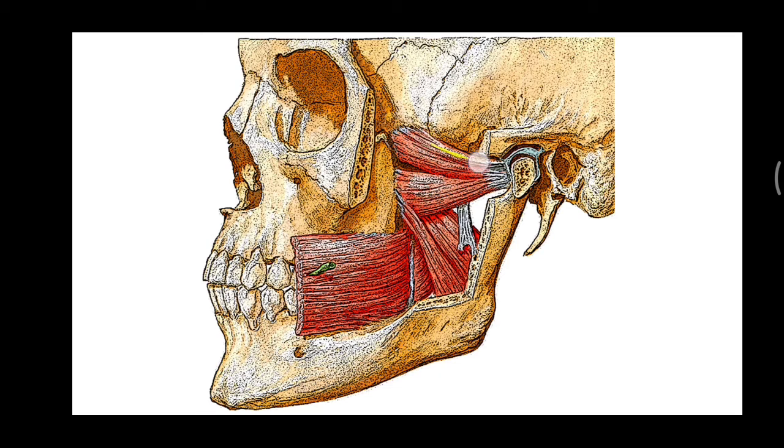Both the heads proceed backward and laterally and converge to form a tendon which is inserted mainly into a depression in front of the neck of the mandible and partly into the capsule and articular disc